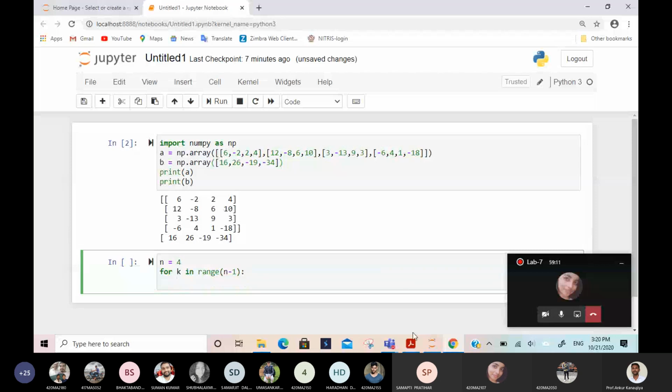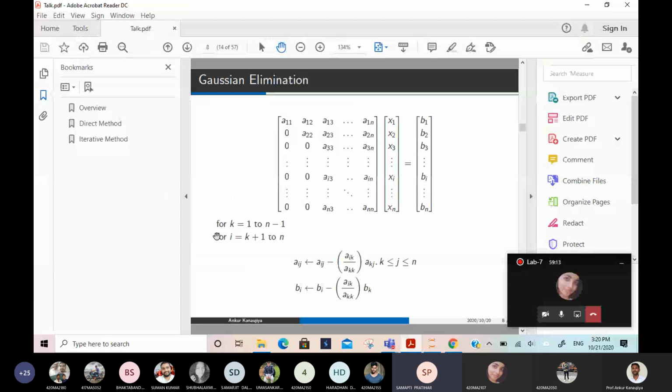Now back to the next line. I from k plus 1 to n. So definitely if it is the 0th row, I will start from k plus 1. If in the 0th column, I will start from the first. That means it will automatically be k plus 1 and it will go up to n. So now tell me what line I have to write for I from k plus 1 to n.